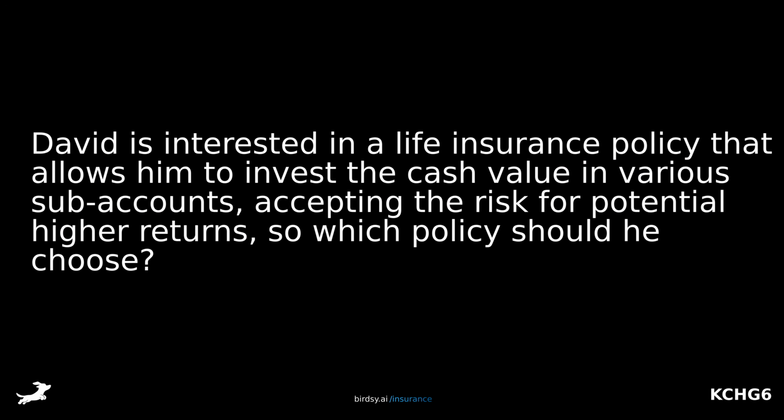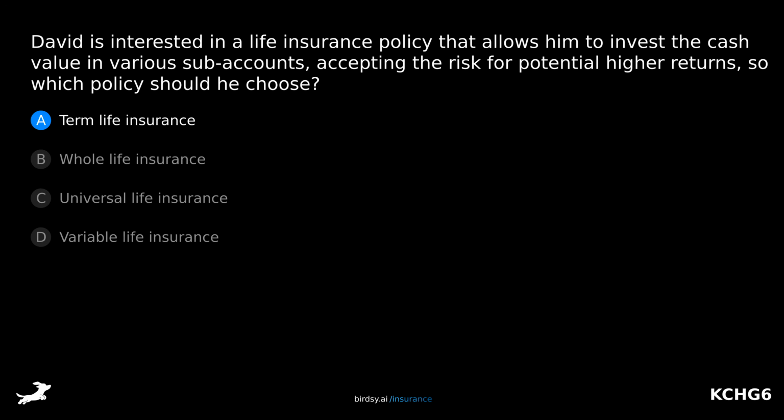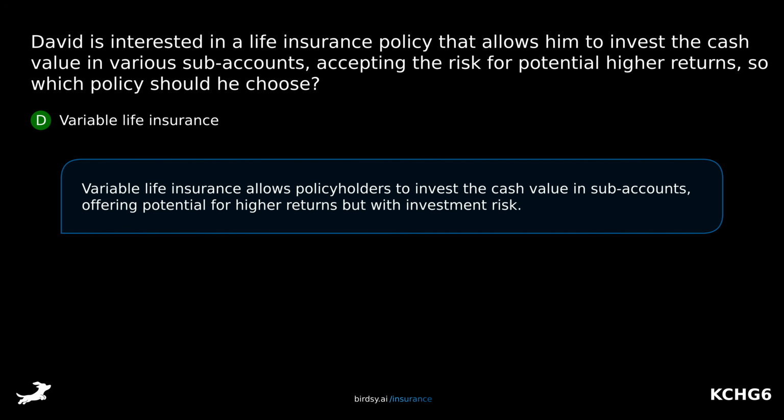David is interested in a life insurance policy that allows him to invest the cash value in various sub-accounts, accepting the risk for potential higher returns. So, which policy should he choose? Is it A, term life insurance, B, whole life insurance, C, universal life insurance, or D, variable life insurance? The correct answer is D, variable life insurance. Variable life insurance allows policyholders to invest the cash value in sub-accounts, offering potential for higher returns, but with investment